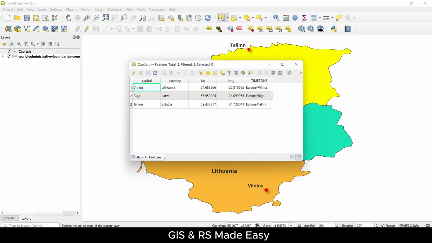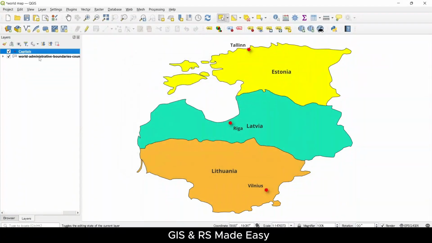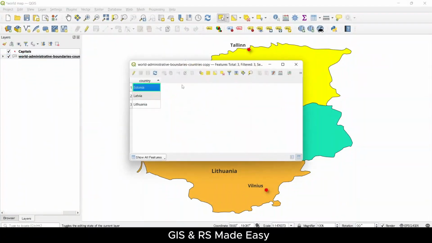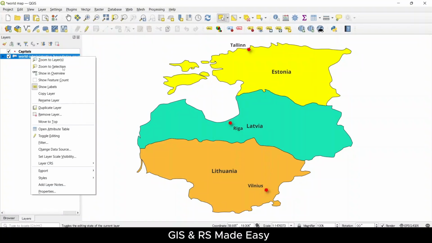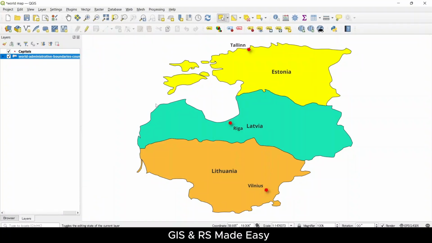This is one important thing. We need a common field based on which two layers will be joined. We want to join the layers and load this attribute into the polygon layer's attribute table. So let's do that. Right click on the polygon layer, Properties,